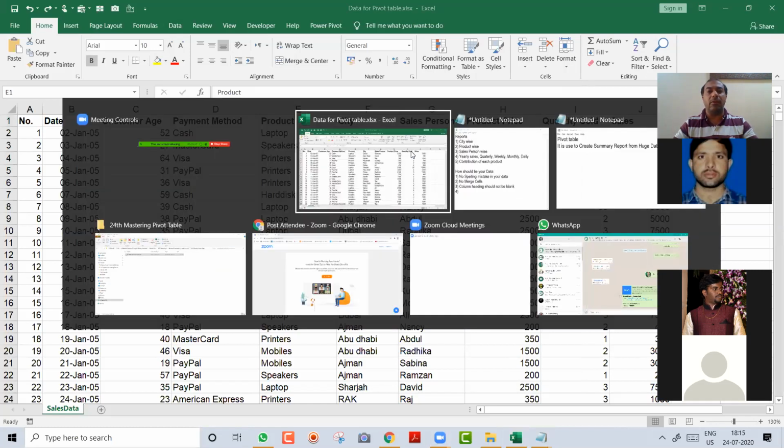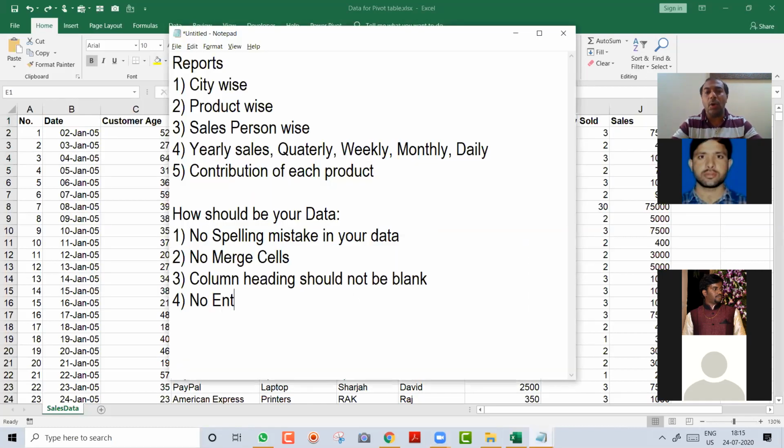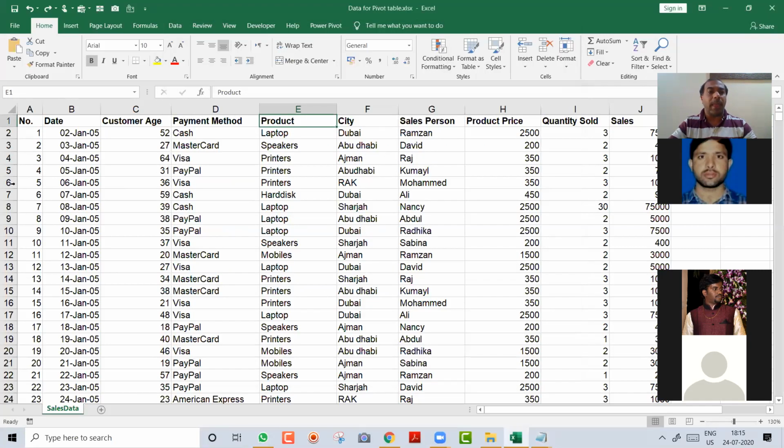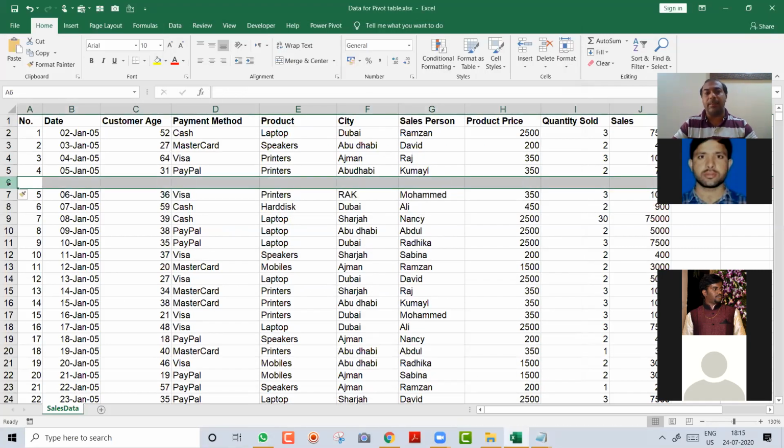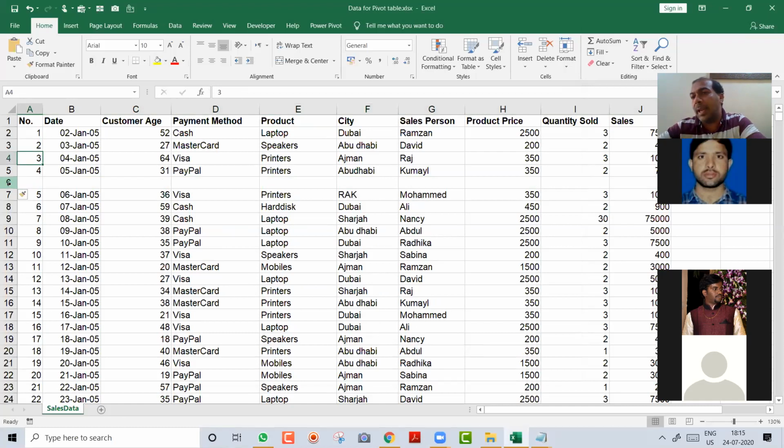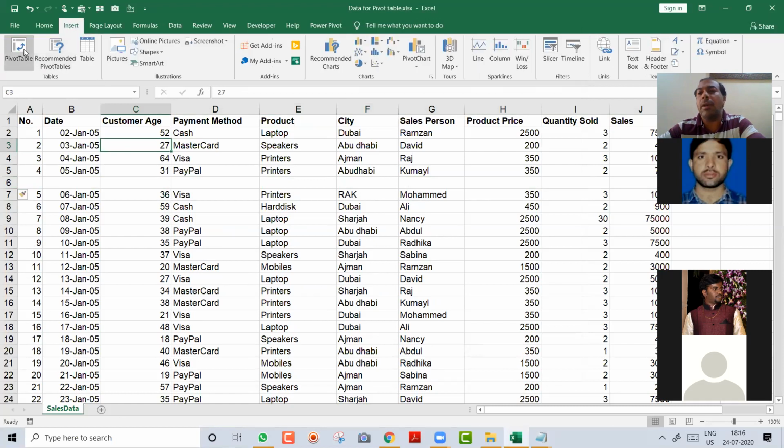And one more thing which you should take care of is that no entire row or column should be blank. This is not compulsory, but you should avoid it. Let's say if you have data like this with a blank row, it should not be like this. Not compulsory, but what will happen when you go to Insert and click on pivot?